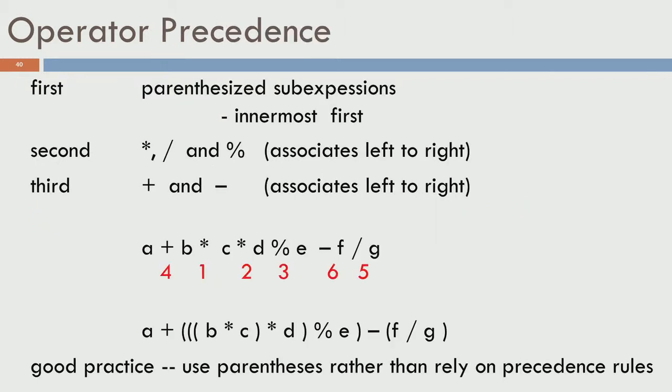Let us look at these operators. Just like when you write expressions in your basic algebra, there are rules that you have to follow, the rules of precedence. Even in our example we had a times d plus b times c, which was written as a into d plus b into c. What is the order in which things are done? The first precedence is for parenthesized expressions, the next precedence is for star and slash and modulo, and the last level of precedence is for plus and minus.